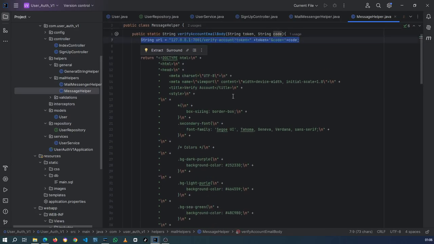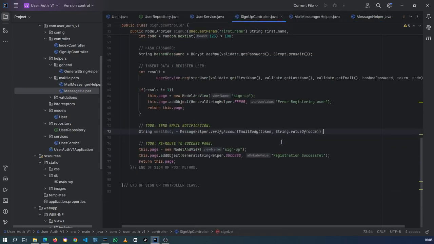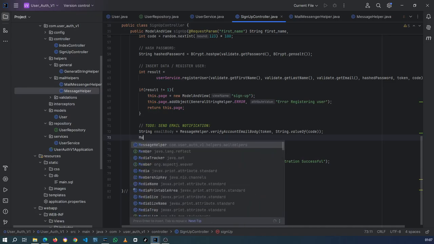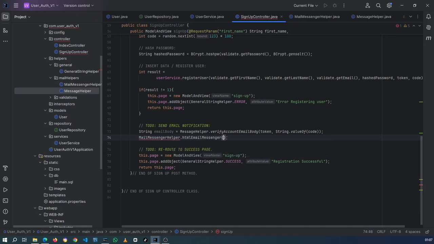basically it's going to redirect them to the page where they have to verify the account. Okay, so that's it there. So now in this part we send the email. Right, so here we're gonna add where the email is coming from. We're just gonna say